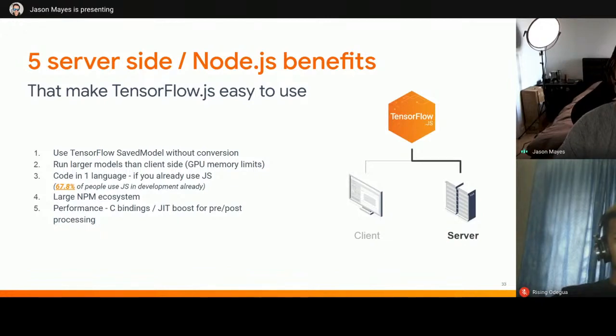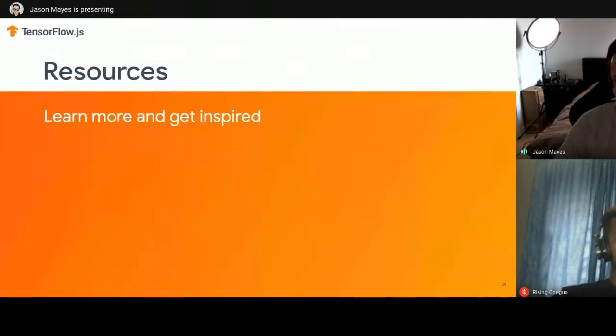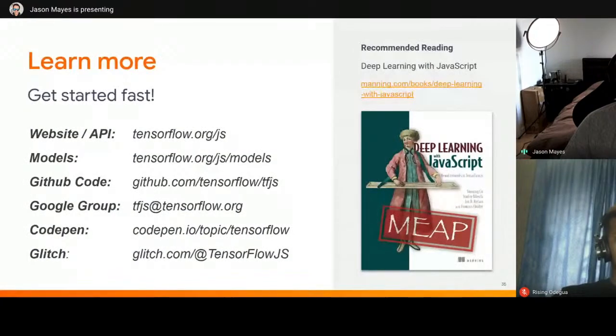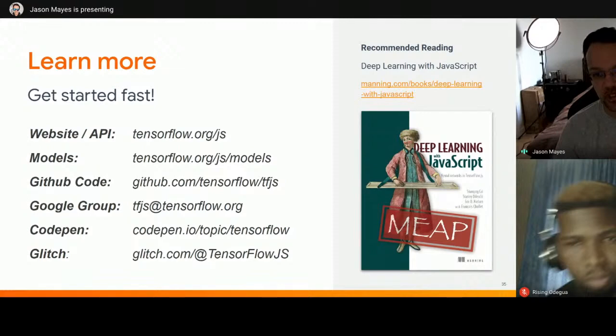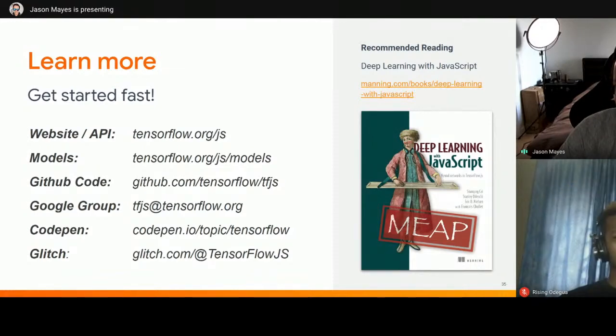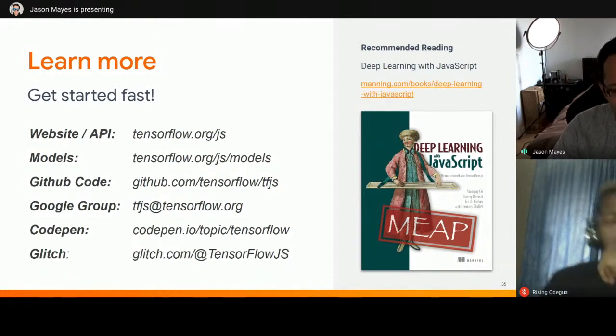So I just want to end with some resources here, and if there's one slide you should screenshot today, this would be the one. Again, we can paste these links into the description after the show. Essentially, if you go to our website, tensorflow.org/js, you can find out much more information about the project and how to get started. If you're interested in more models, check out our models page. I showed you today just 2 or 3 models. We've got many, many more available that can do very powerful things, and I encourage you to go play with them and try them out.